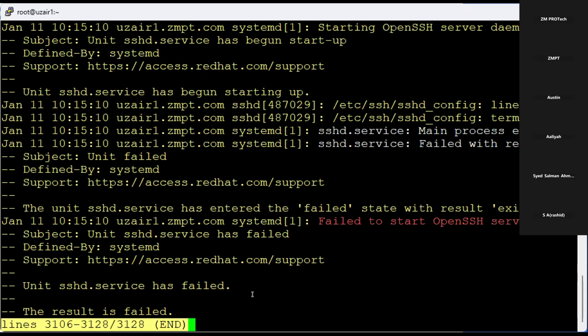So line 145. User unit failed. Failed with the result, main process exited. Yeah, so quick, do Q here and Q. Yeah. Let's go into that file here. VI etc